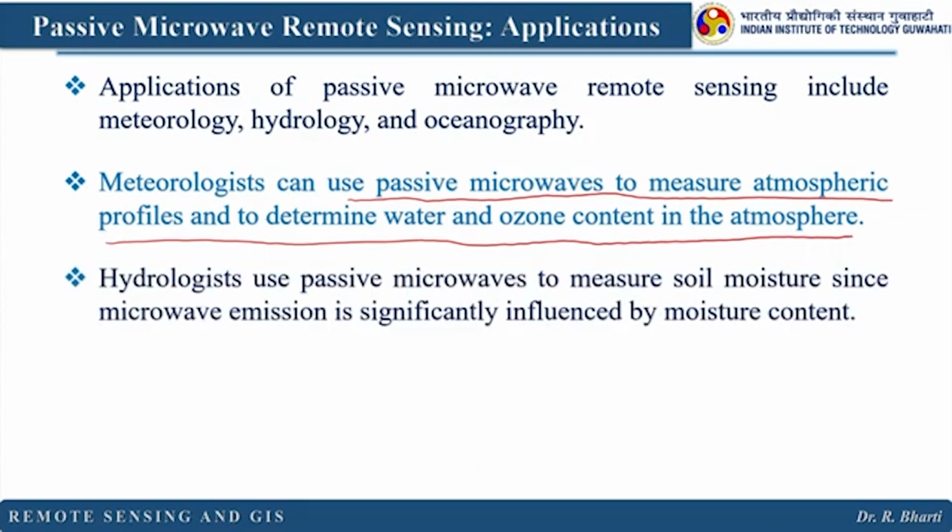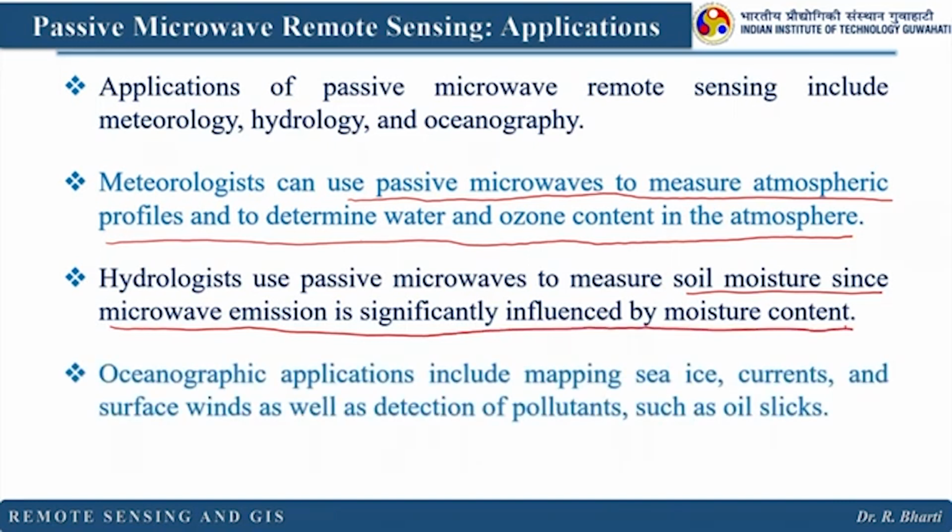Hydrologist may use this passive microwave to measure soil moisture, since microwave emission is significantly influenced by moisture content. Oceanographic applications include mapping sea ice, currents and surface wind, as well as detection of pollutants such as oil slicks